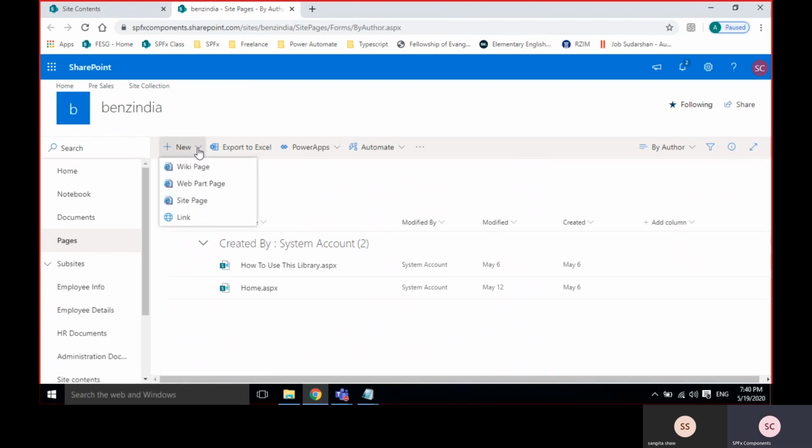So there are 4 options. 99% we will use these 3: wiki page, web part page, site page. The wiki page is for the purpose of content. If the end user wants to write an article about corona, for example,